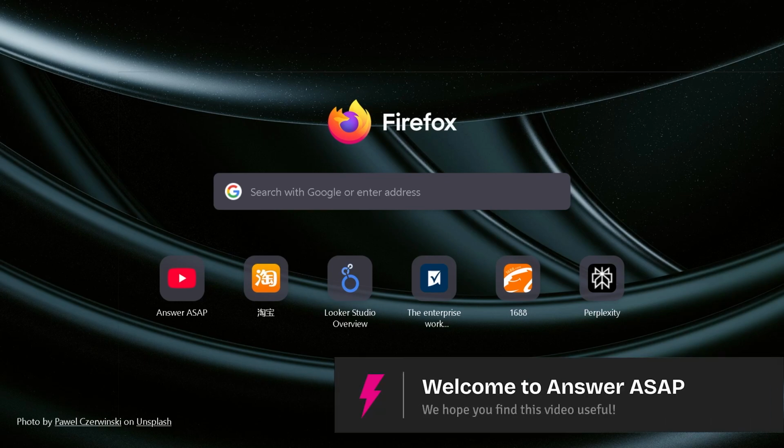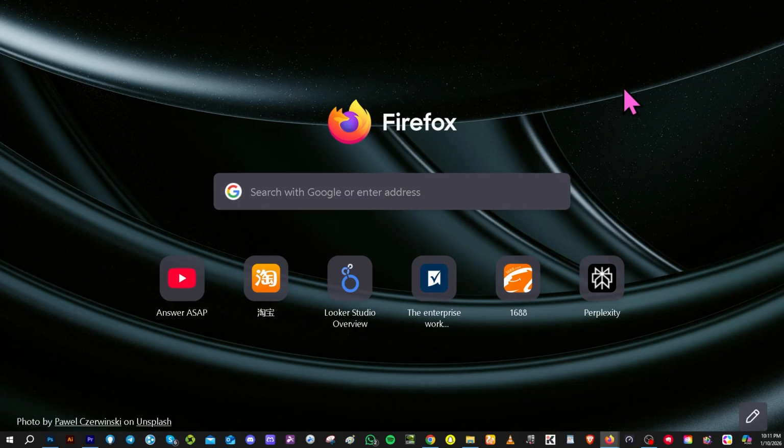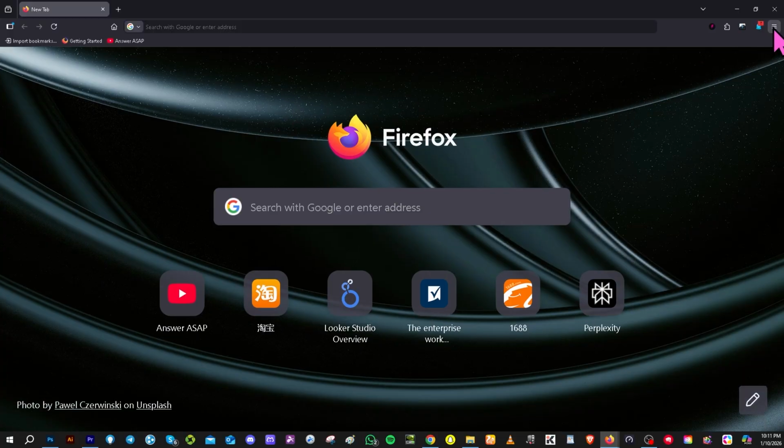In today's video, we are going to show you how to download and install an extension in Mozilla Firefox. This is perfect if you want to add features like ad blockers, password managers, or productivity tools. Let's begin. Now, the first thing that you need to do: open Firefox and go to the top right corner